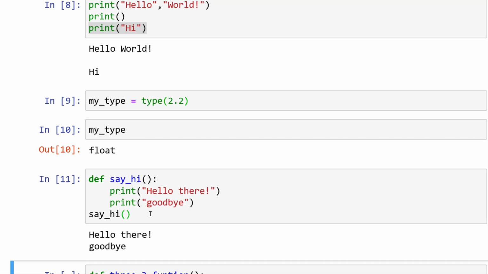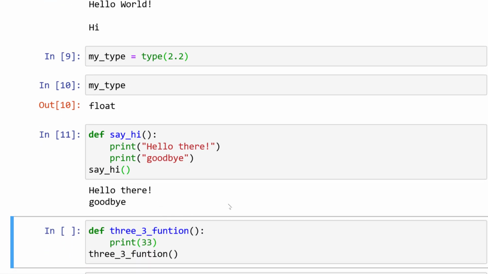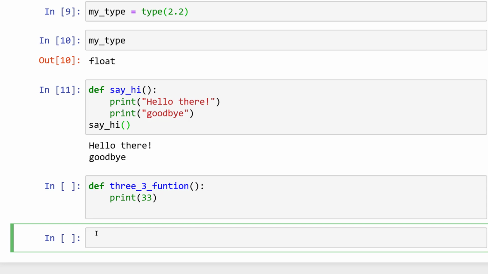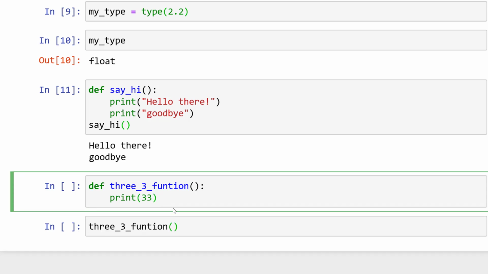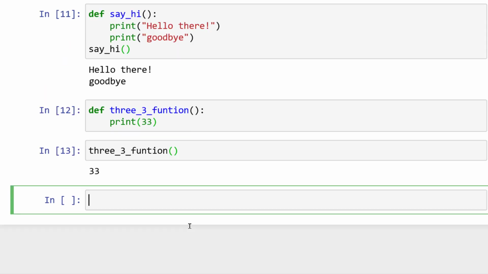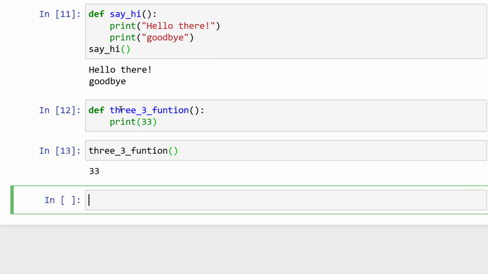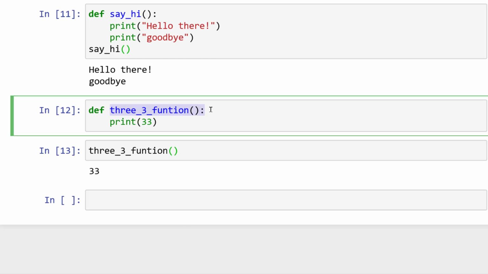And then I can look at another example where I can call a function from another cell. In this one, the 3_3_ function just prints the number 33. I use a def statement to tell Python it's a function. I put a function name and then I put my parentheses and colon. And I add my function definition again, 4 spaces and then function code. I need to run the function before I call it though. Why do I run it? Because that puts it in memory. Now this cell can call the function because it's